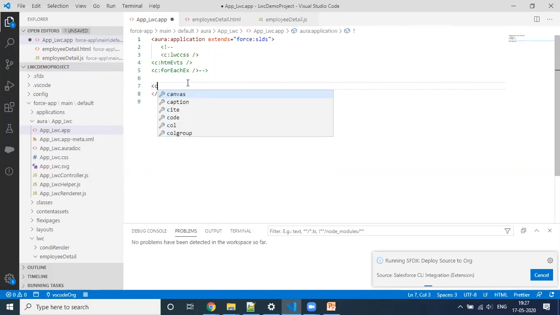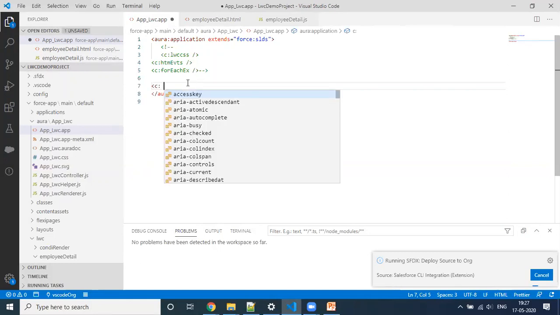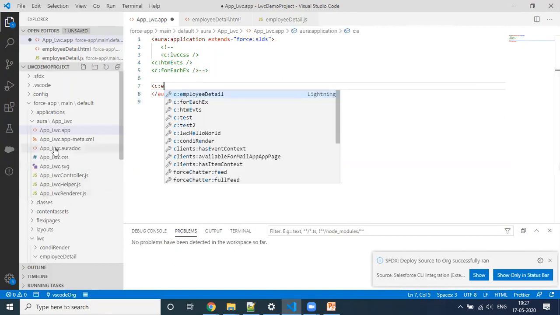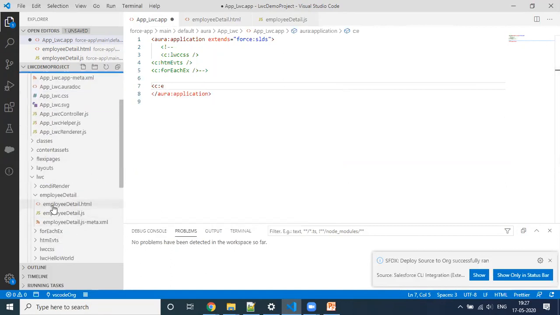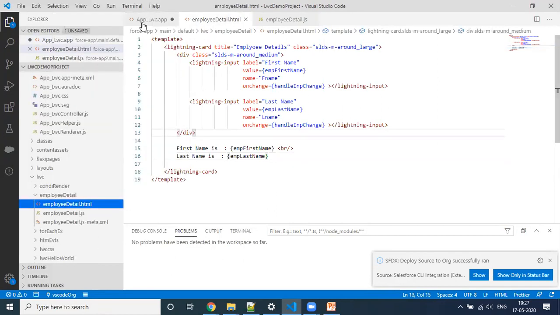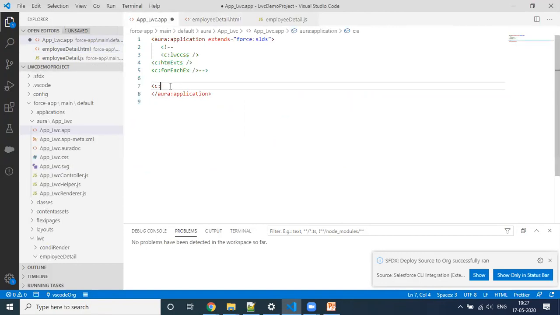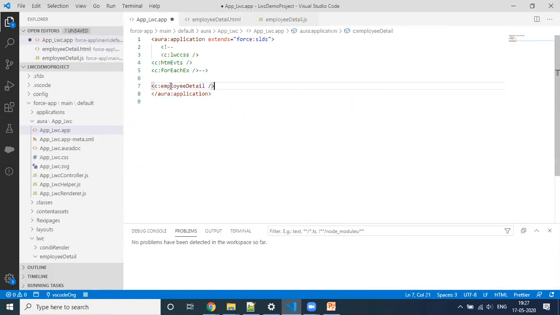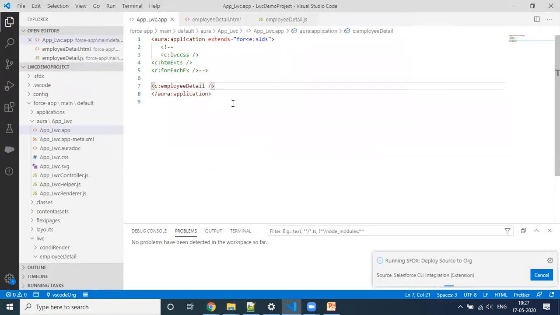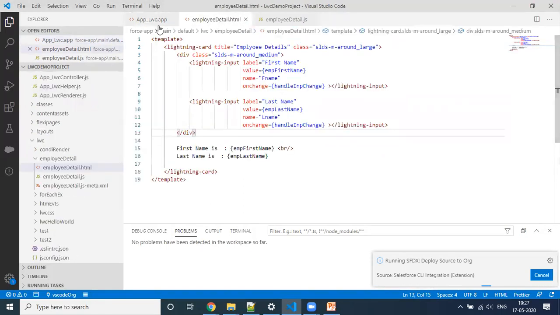To call it in the application, we can just press control and space key and type employee. Right now I will just copy from here itself and paste here. So our component got deployed, and we are deploying this from our app as well.